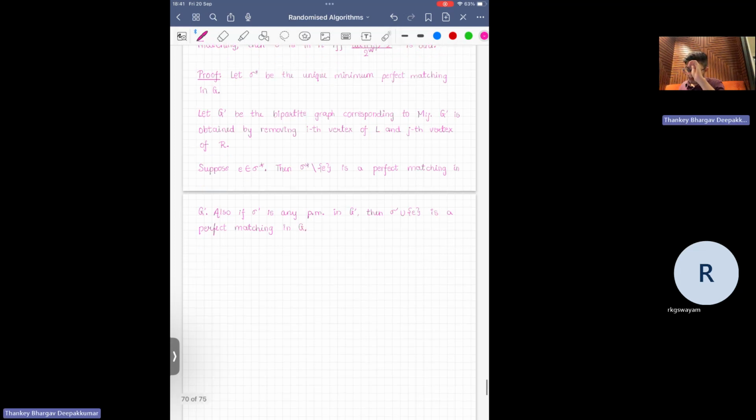So, two observations. If E is indeed in sigma star, then sigma star minus E is a perfect matching in G prime. And also I can take any perfect matching in G prime, add E to it, and that gives me a perfect matching in G, right? In fact, this tells us something more. Therefore, sigma star minus E is the unique minimum weight